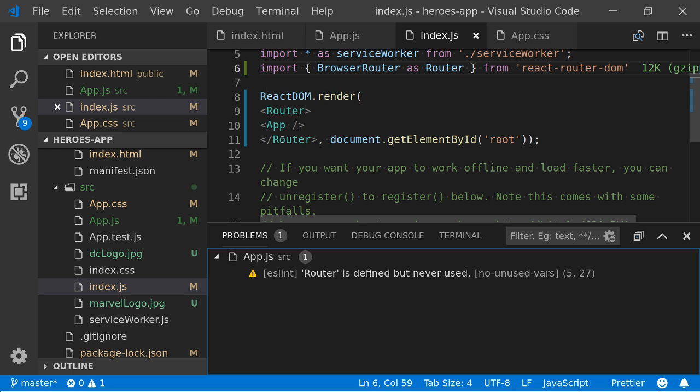Yes, it's only around the app tag. So you wrap in your whole app. This is just our main index.js file, and that's telling React what to render to the DOM. We're rendering our app, but we want to have control over all the different URLs and routes within our app. So we have to wrap the whole app within a router component. This is the syntax in React for a component. It just looks like a tag itself, really, but with a capital initial letter.